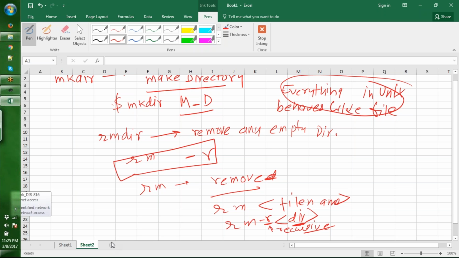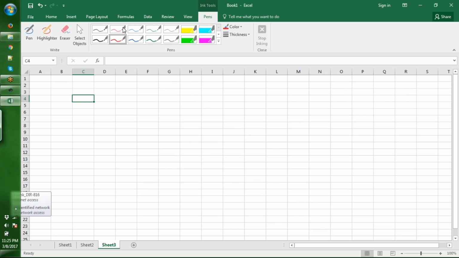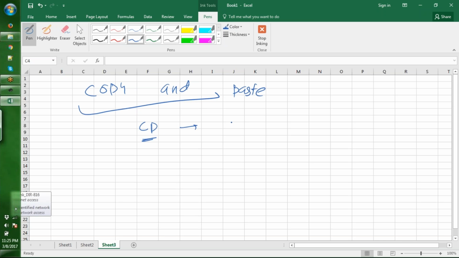Now, what is the most important thing that all programmers are supposed to know when they join their job? That is copy and paste. This is very important. So in Unix, we have the cp command to copy files from one location to another. How does it work? cp